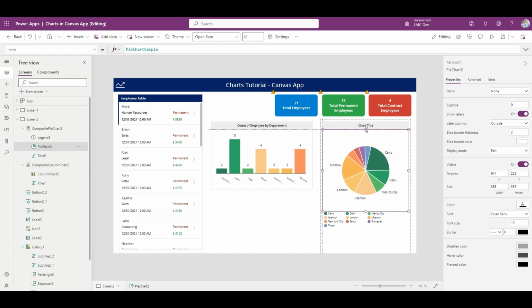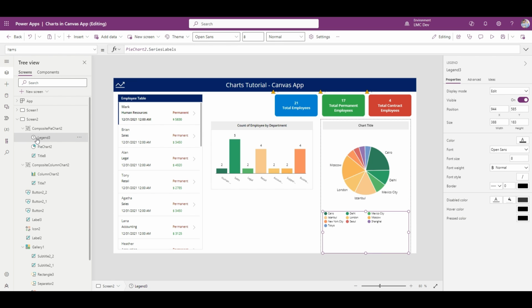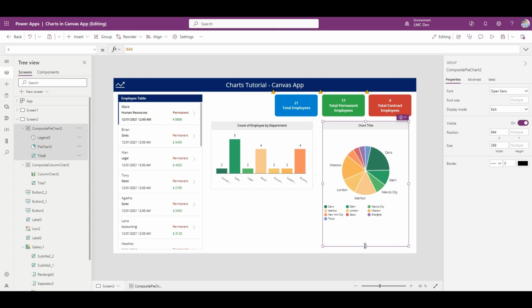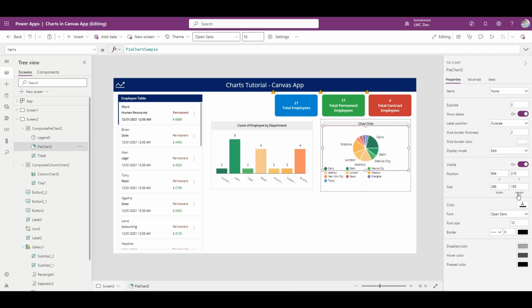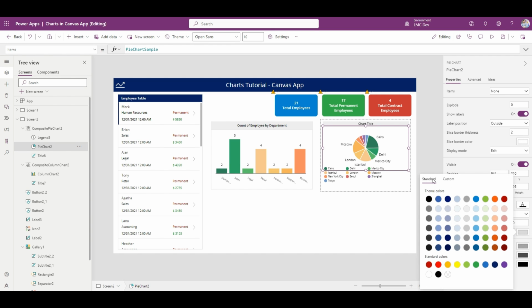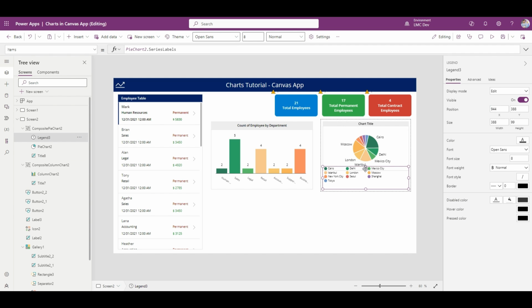Let me move this a little bit down. Yeah, now I can decrease, wait a second, I can decrease the width of this whole visual. Okay, I think till here it is okay. Here let me click on this first and give it some border. See, this pie chart is here, right? Visual, or I can say control. I'll give border 1 pixel and the color of this will be this light gray, and I'll move this little